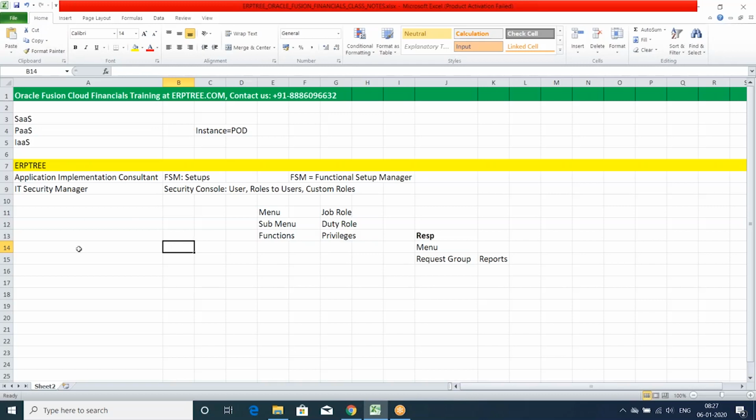Fine. Now we'll see how to create the user. You can call it an implementation user. That means the user we are going to create will be able to do the implementation, since the user is going to get access to these two roles. When you get instance details from Oracle, they'll create one user and provide it to us. With the same user, we can proceed with the implementation, or else we can create our own user and start doing all the setups from our user instead of using whatever user Oracle provides.